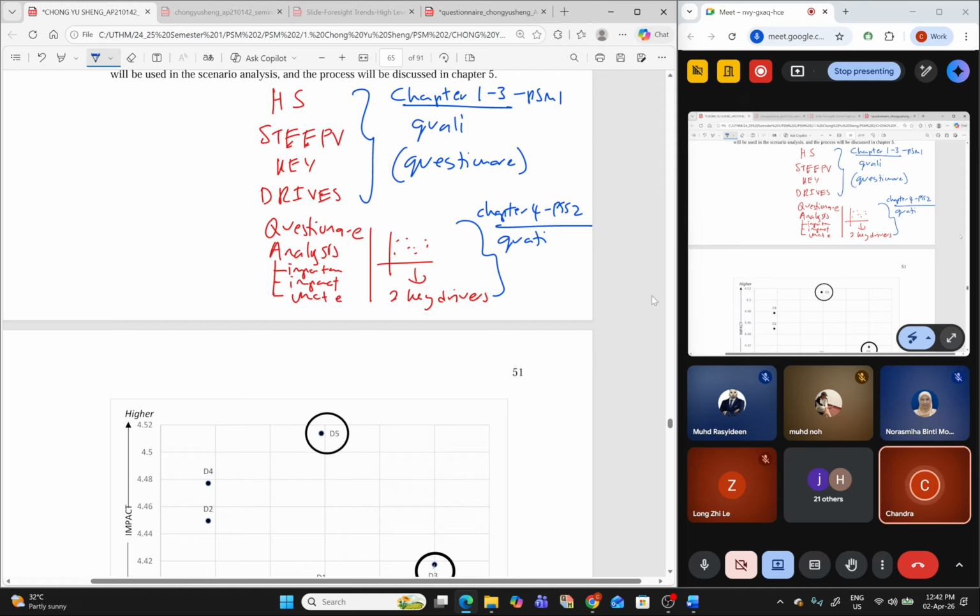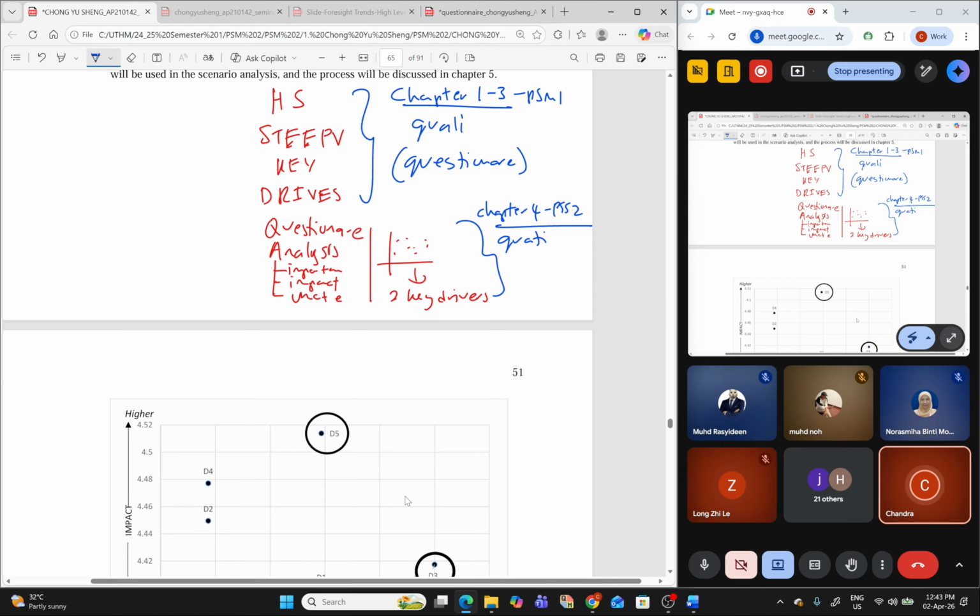You guys try first. Saya rasa nanti pihak MIT akan bagi taklimat juga. Masa pembentangan tajuk tu, pihak MIT akan bagi taklimat biasanya, and then only you will present your title proposal. Okay. Alright. So the main part is you will choose 2 key drivers and then only you're going to finish your PSM. You can have a sample thesis from your supervisor and try to do first.